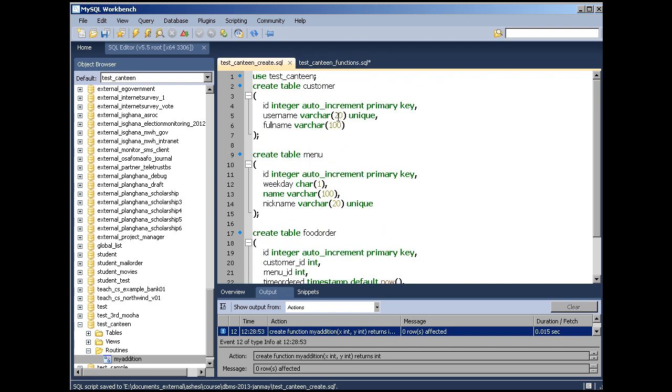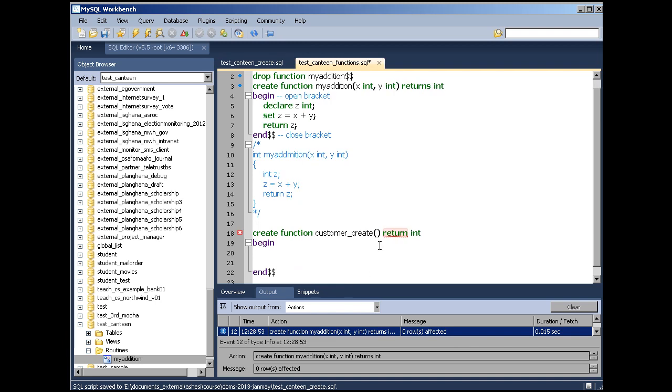So those of you who are designing tables, usually when you are creating a function, you have to ask yourself what parameters are required. To create a customer, I need what? Username and full name. So I'm going to take username and full name. So those are the parameters. So username, full name. It does not matter the spacing. You can put them on separate lines. I like to separate them out so I can tell